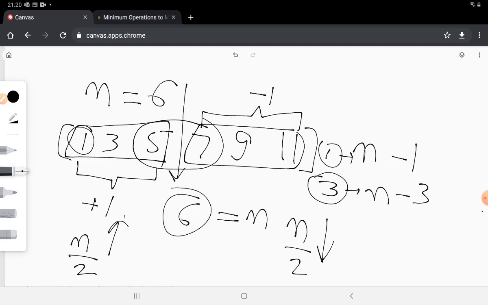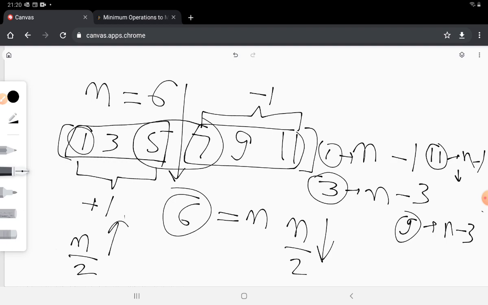In parallel, on the other side, my value, which is 11, would have to move n minus 1 steps downwards, just like 1 moves upwards, and similarly the value 9 would have to move n minus 3 steps downwards.